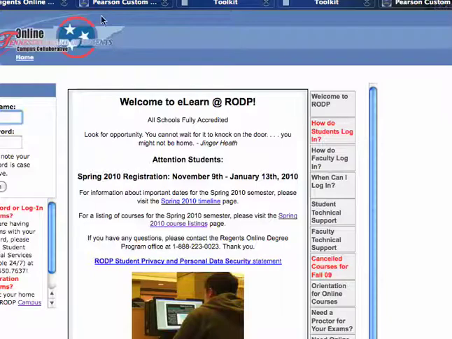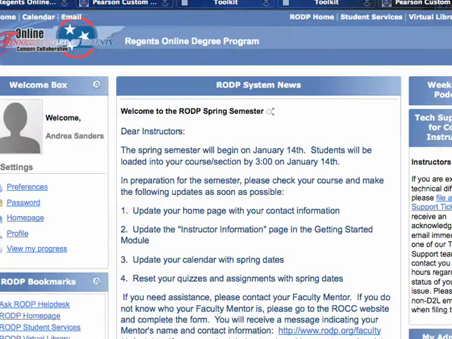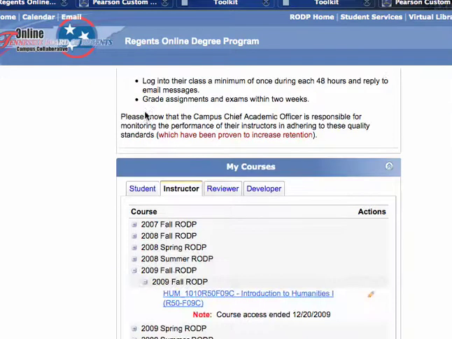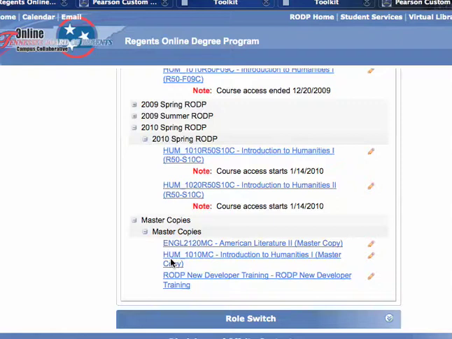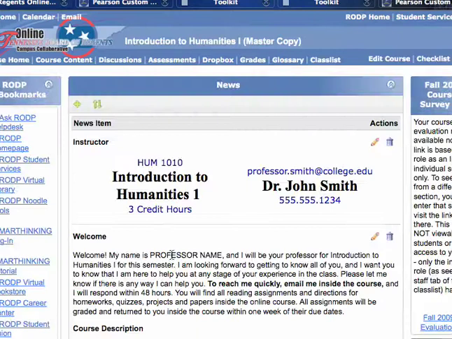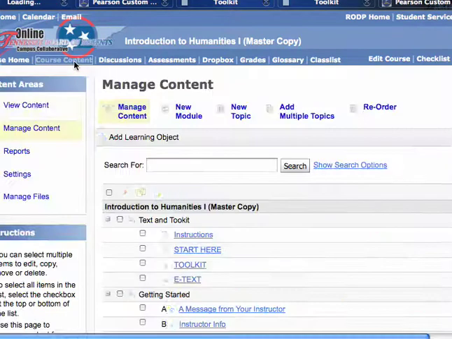Once I've done that, when I go back in, I won't have access anymore. What I'm going to have to do is go to Start Here again and log in. And that may be a little confusing just to say, but let me try to show you what I mean. I click on course